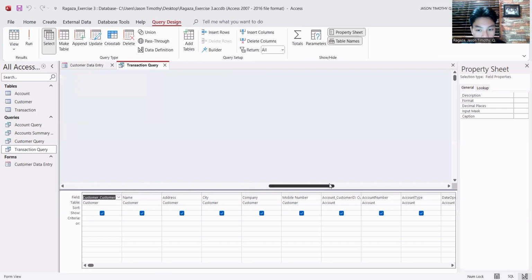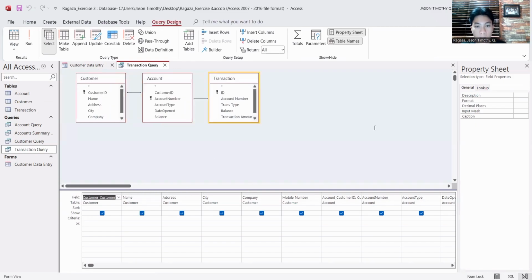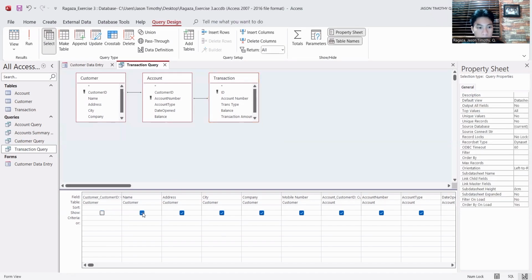So over here, we're going to choose specifically the categories that we are going to display for our transaction query. So first, we're going to select the account type first. We're going to deselect all this first so that we won't have any mistake in choosing the display later on.